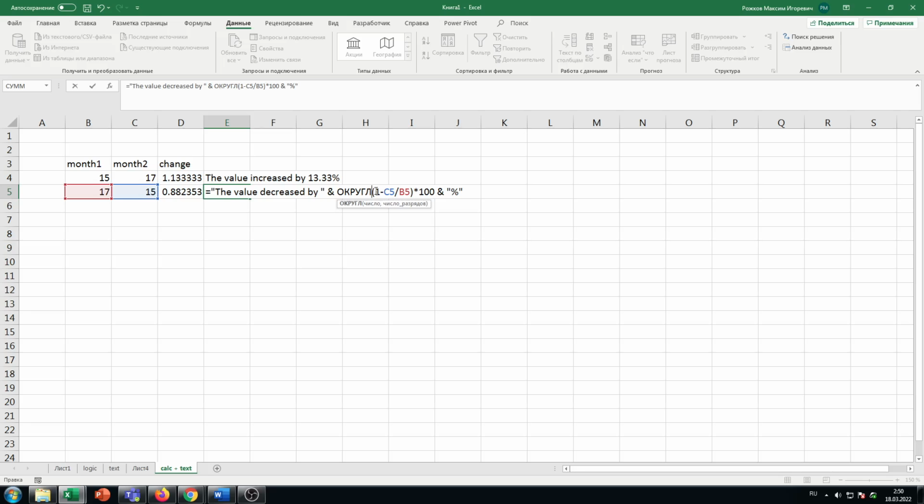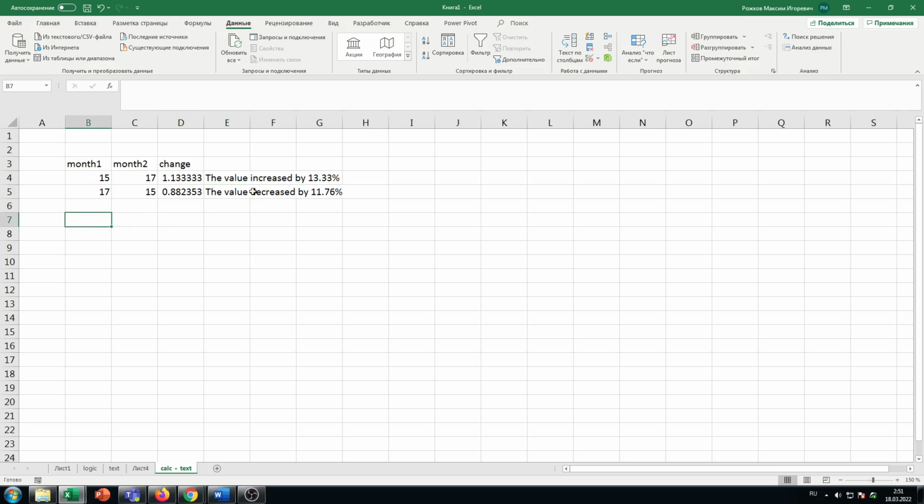Can we add additional parentheses? When we select the required amount of digits, and that's all. So now the calculation works fine, and we can combine the IF function with this